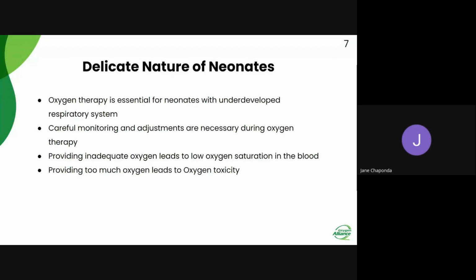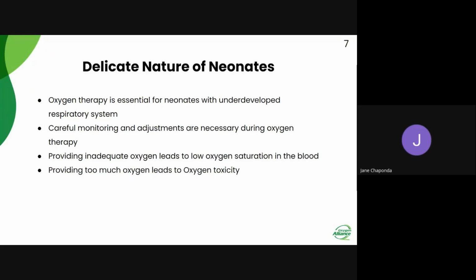So oxygen therapy is essential for neonates with an underdeveloped respiratory system because it improves their oxygenation and prevents further complications. Therefore, careful monitoring and adjustments are necessary during oxygen therapy because providing too much or too little oxygen has negative effects on the neonates. Providing inadequate oxygen leads to low oxygen levels in the blood, whereas providing too much oxygen leads to a high saturation of oxygen in the blood, leading to oxygen toxicity, which can damage the cells and